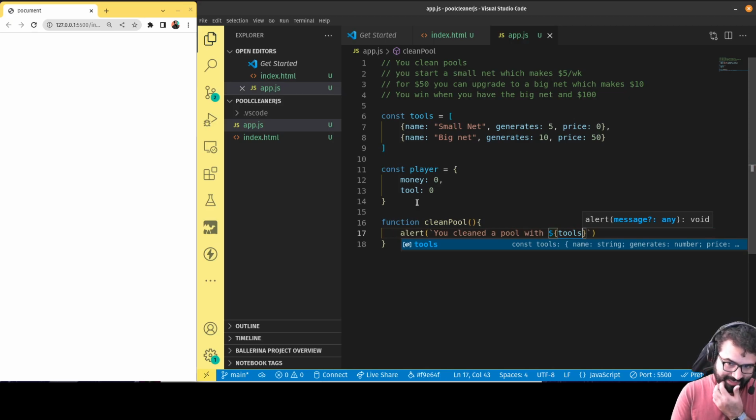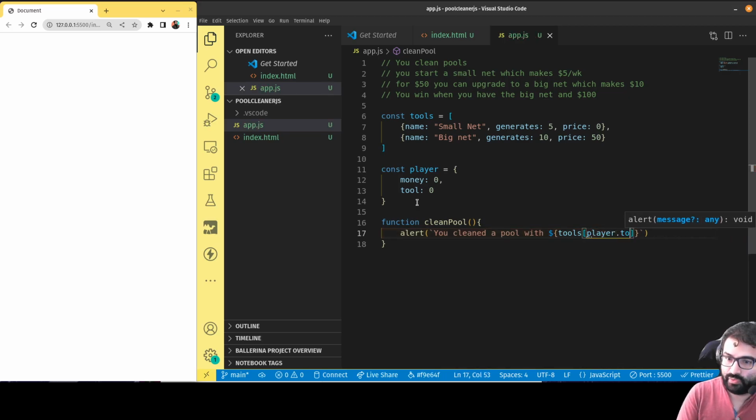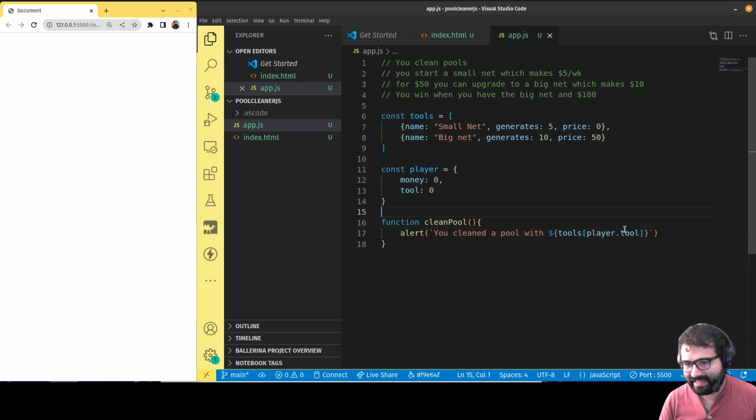Well, that's going to be a lot of typing, but I'll show you what I'll do. The idea is I have to figure out, which tool am I using? Well, I'm using the tool based on the player stats. So technically, the index of the tool I'm using is player.tool. Okay, and now you can see that's a lot to type. So what I'm going to do is cut that out